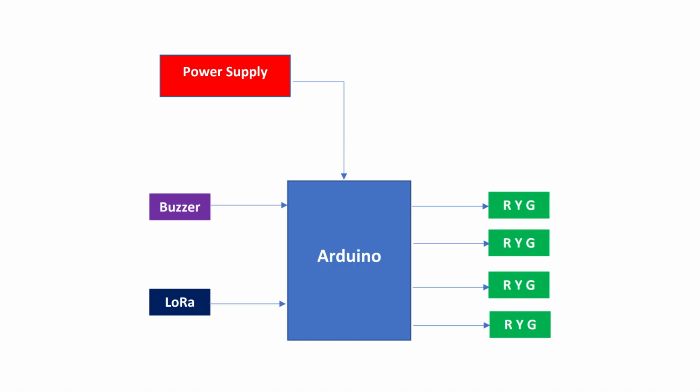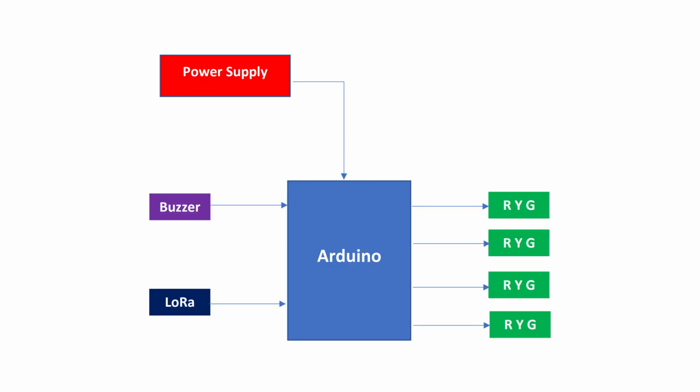Now the board which will be connected at the traffic pole. This board will have 4 signals: signal 1, signal 2, signal 3 and signal 4, for each route of the square. Then we are having another LoRa module. In this case the LoRa module will act as a receiver, because it will receive the data transmitted from the other LoRa module. And as we have already discussed, we are using Arduino Uno as the controller board.